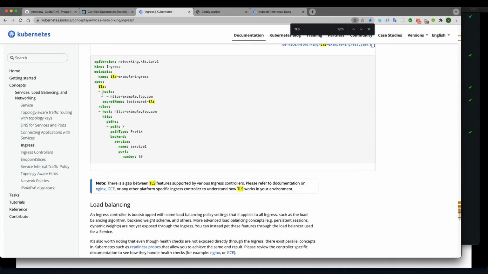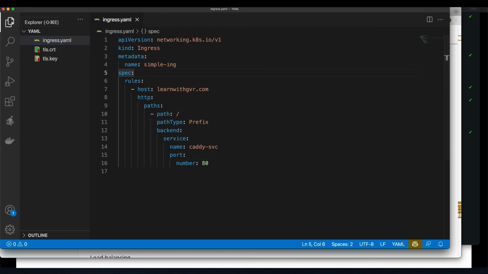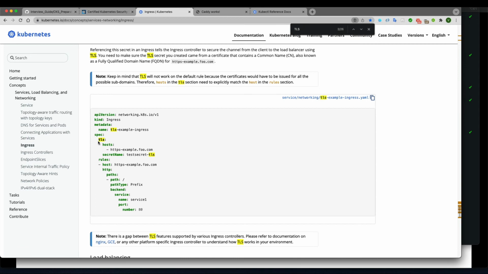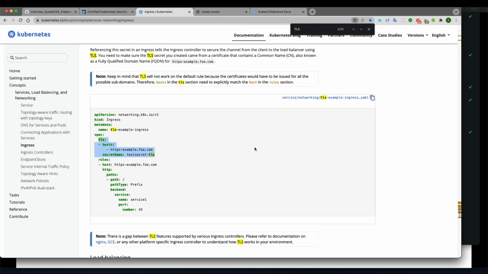Once you create a secret, if you look here under the spec, let's copy this. We have rules already. If you look at my existing ingress, the rules are there under the spec. Next I need to copy this, following the documentation here.